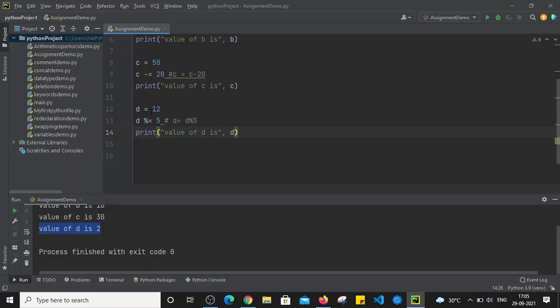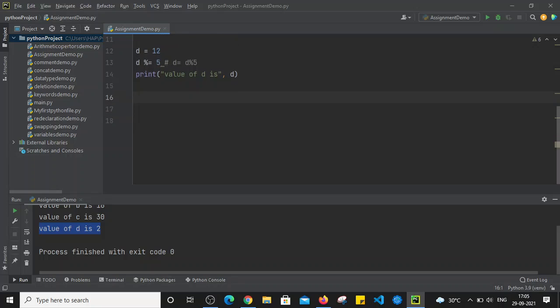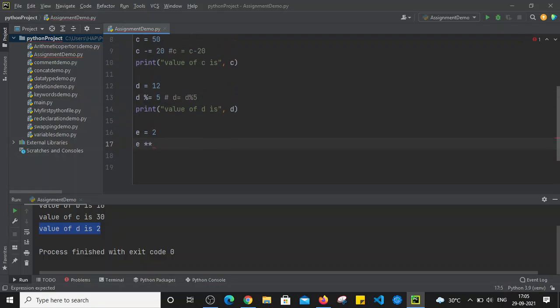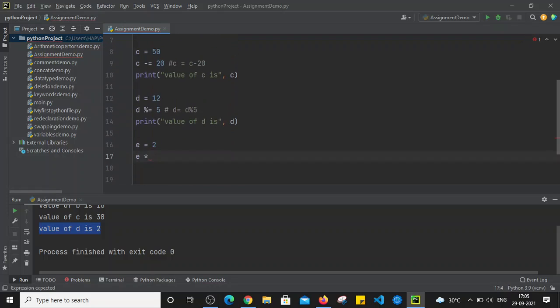There is one more operation that we can do. Let's say I have one more variable, e, equal to 2. Now let's do the multiply and assign operation, right? So e multiply equal to 5.